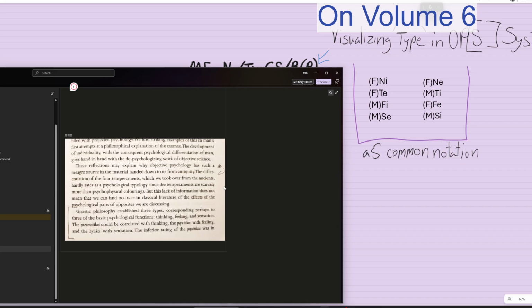But this lack of information does not mean that we can find no trace in classical literature of the effects of the psychological pairs of opposites we are discussing. Gnostic philosophy enabled..." Okay. So we're dealing with...